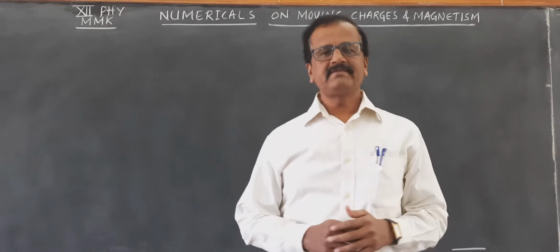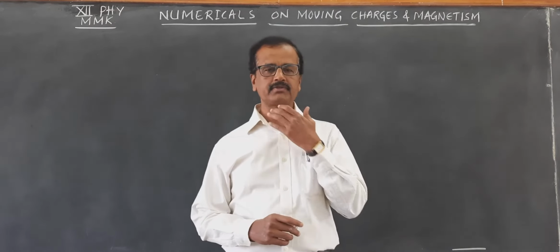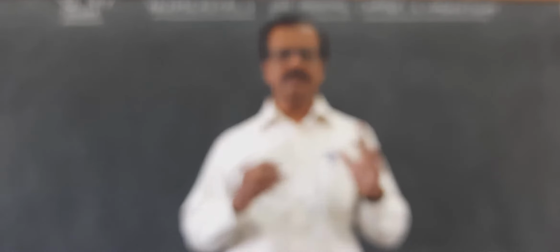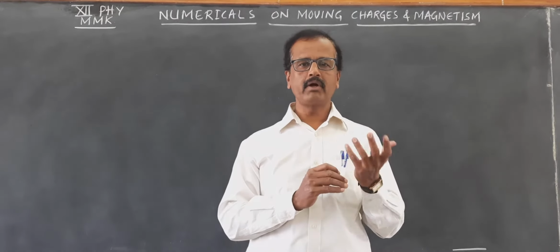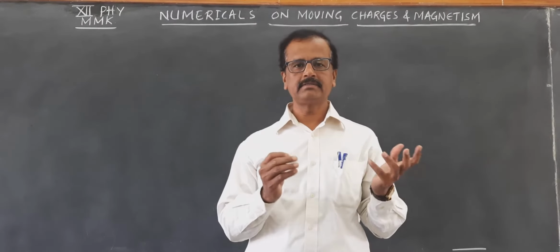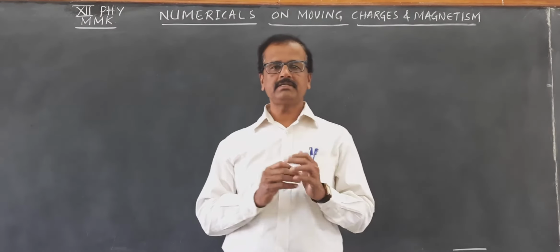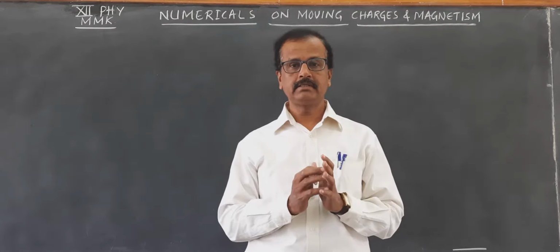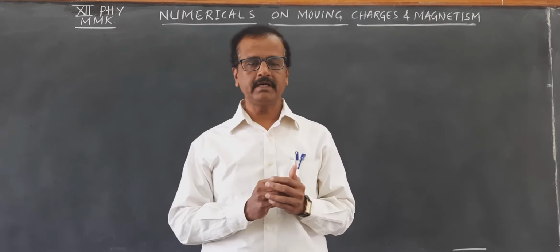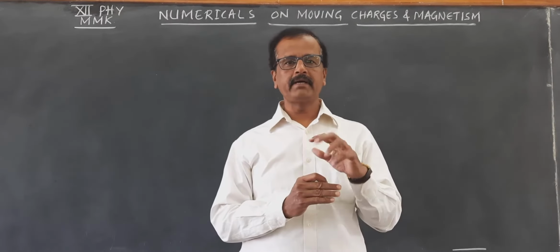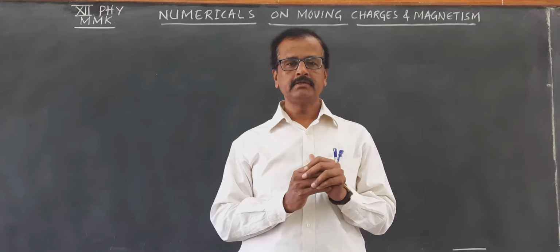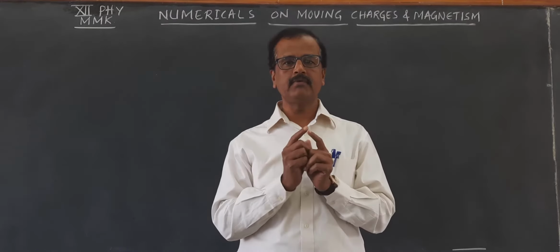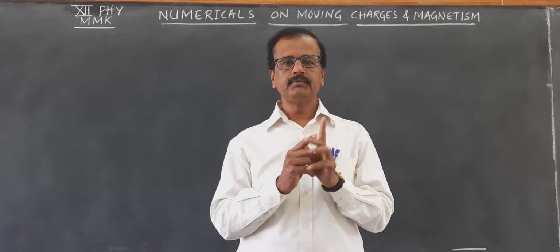Good morning, cadets. Yesterday we solved a problem on conversion of a moving coil galvanometer into a voltmeter. A moving coil galvanometer or any sensitive galvanometer is just a current detecting device. It cannot measure the current, right? So it can be converted into a voltmeter by connecting a high resistance in series, so that the total resistance of the voltmeter will be very high, which is given by